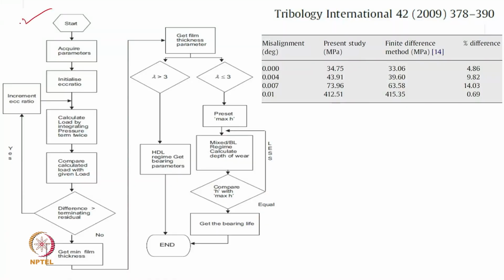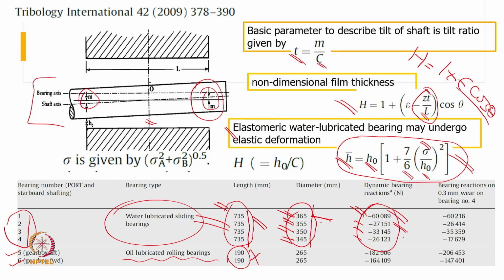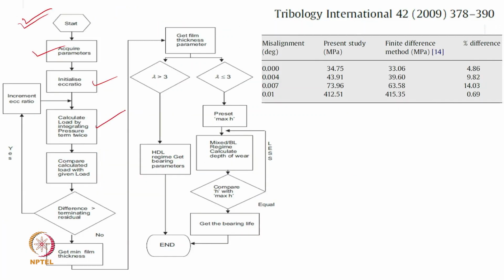We developed a complete algorithm. You can see we started by assigning this completely in MATLAB code, acquiring the parameters which we need to assign. We initially gave some eccentricity ratio, which was mentioned earlier, and we do an iterative procedure. Based on that, we calculate the pressure, integrate the pressure to find out the load. We compare the load, and if the load is lesser, we increase the eccentricity ratio. If the load is on the higher side, we decrease the eccentricity ratio. And then if they are converging to the same level, we try to figure out what will be the